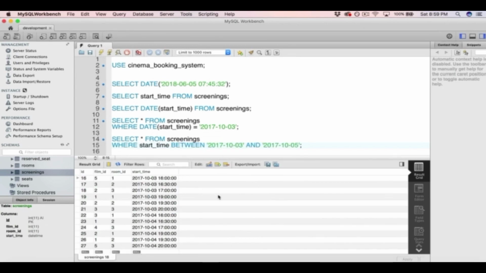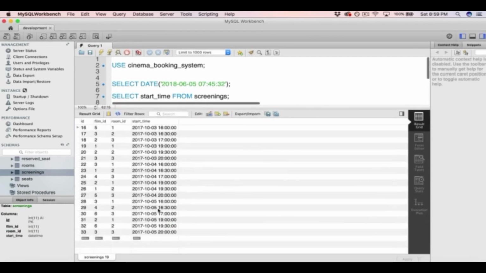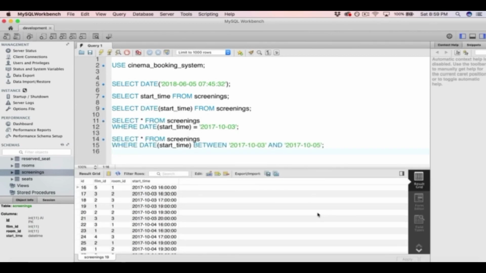Whereas if we're just using the date function on the start time column, obviously now it's going to return all the data on this date, because we're only interested in what the date says. So you can see it returns from the 3rd to the 5th of October 2017. So that's it for this video on the date function. So basically what the date function does is it